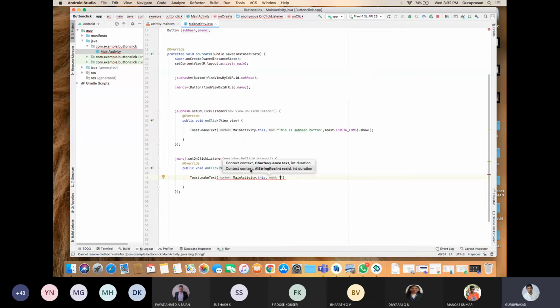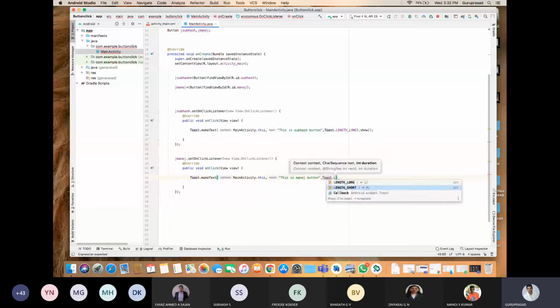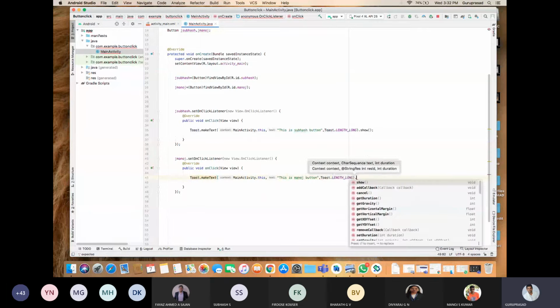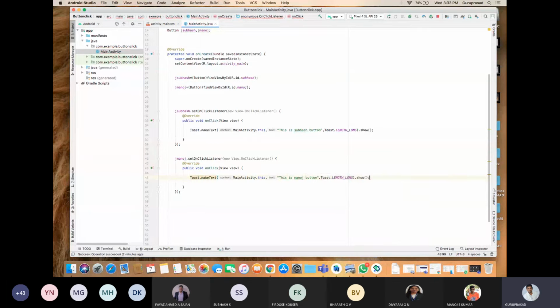A text saying this is Manoj button, comma. What is the length of the toast? Toast.LENGTH_LONG dot show. Now we'll see the output. I'm stopping this.